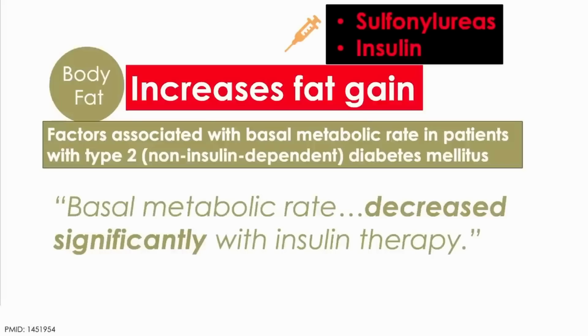Case in point, what few people realize is that the moment a diabetic is put on insulin therapy, whether they are type 1, which I'm not really talking about, or type 2, metabolic rate will slow. In type 1 diabetics, it's dramatic, where the metabolic rate will slow by over 20% in a day once they get on insulin therapy. It's less dramatic in a type 2 diabetic, but even still, by dumping more insulin in the system, metabolic rate will slow, which is one of the mechanisms whereby insulin is able to tell the body to gain fat.